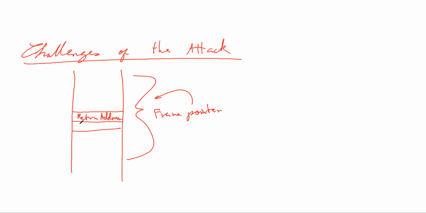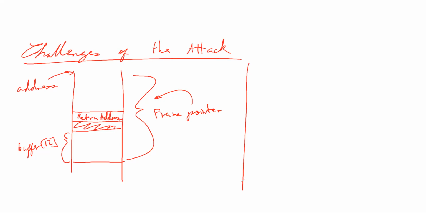And then remember that we have a buffer here. That's the code that we talked about. So we have buffer size 12. And these are addresses that we have. That's an address. And the address space is actually quite limited. It's not very, very long. So the challenges are